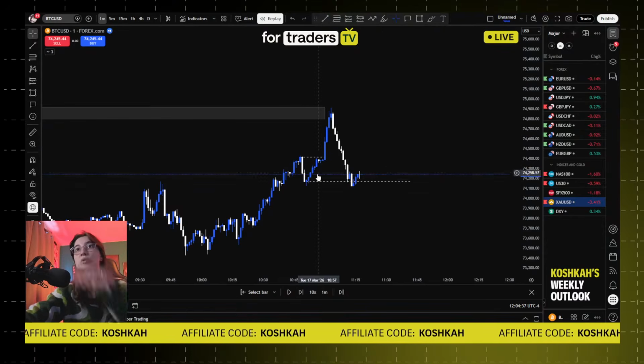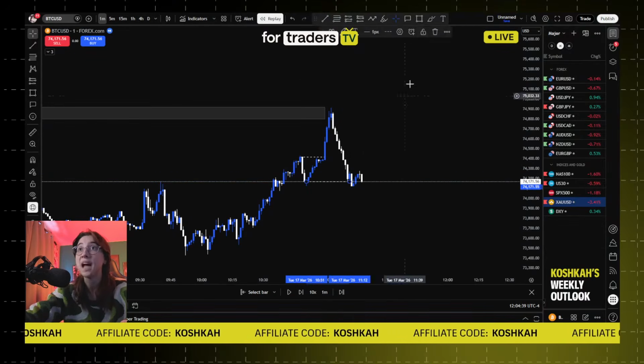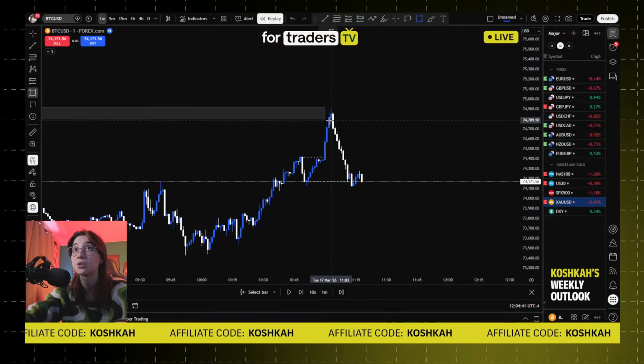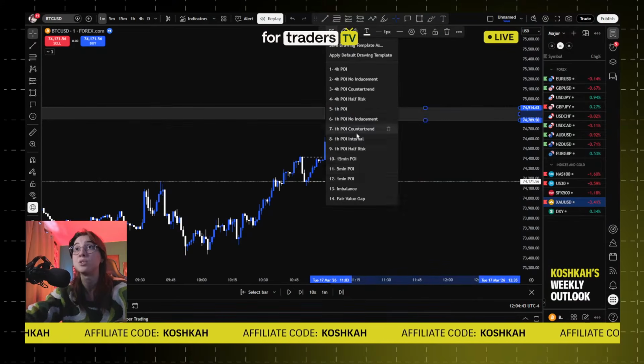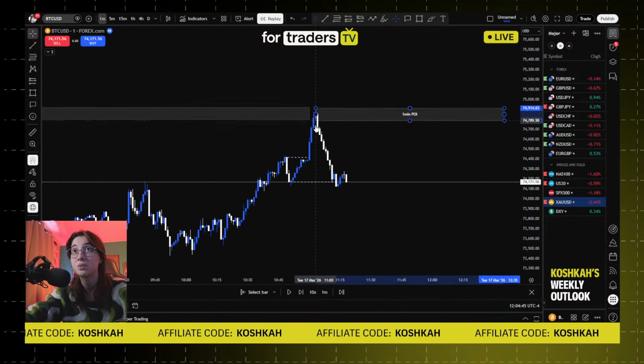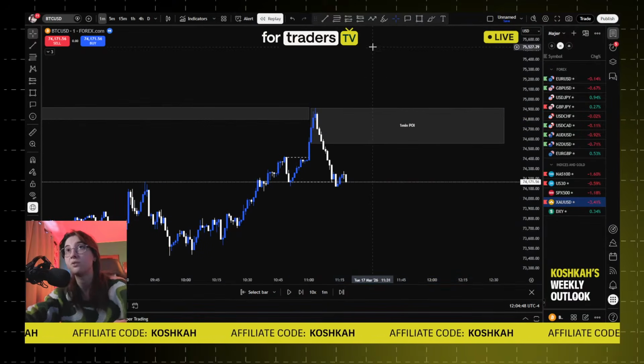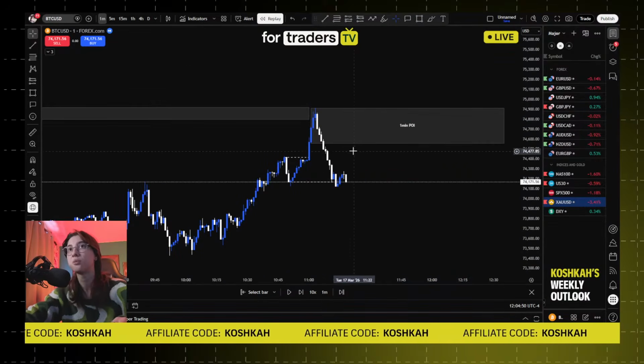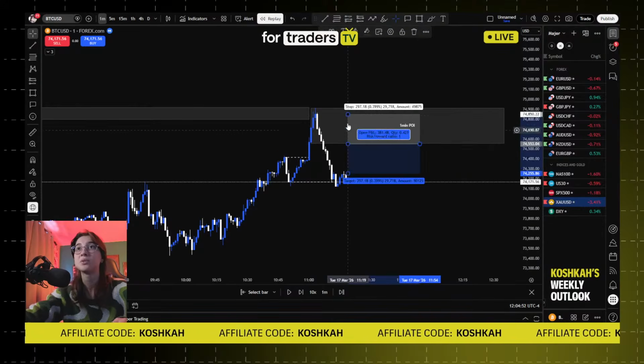So the low we needed to break was this one, and bam, now you have a break to the downside. So now you can identify your most extreme POI, which in this case is this one. You can also include more candles if you want, like this. It's up to 3. So bam, this would have been the entry.